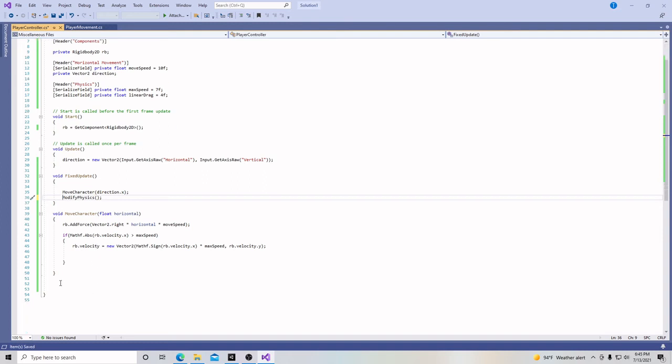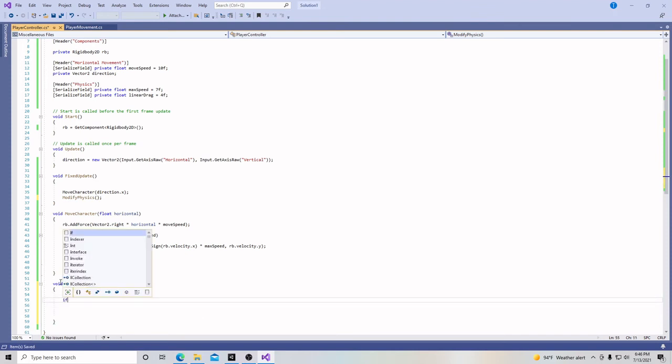So down here, we're going to go ahead and create void ModifyPhysics, and inside here, we're going to create an if. If Mathf.Abs(direction.x) is less than 0.4f,